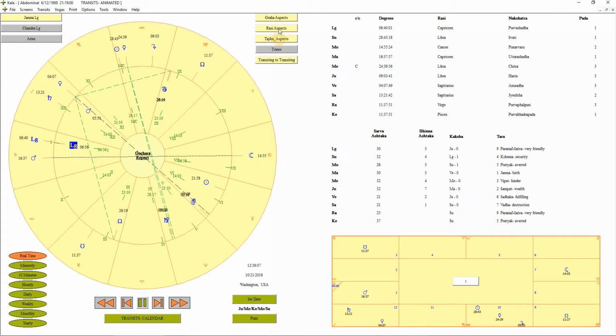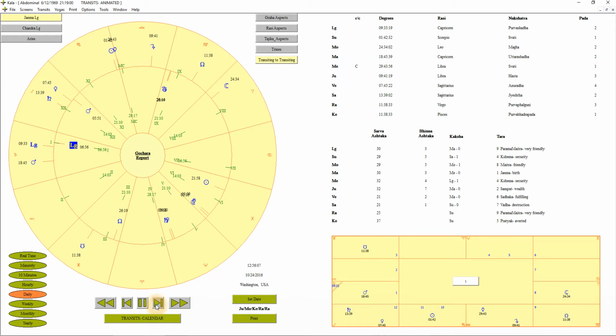So let's just turn all these other ones off real quick. So there's no transit to transits now, but transits to transits are very important. We can just move through here and see when do we get a transit to transit. Oh, it's going to do transiting to transiting or whatever you selected. So I put Rashi aspects. It'll show me all transiting to transiting Rashi aspects. So on October 29th, I got Moon Rashi aspecting Venus and Saturn, Sun and Mercury Rashi aspecting Mars in the